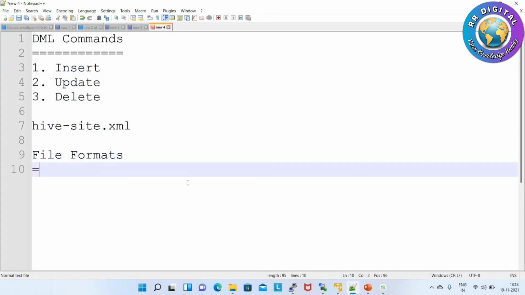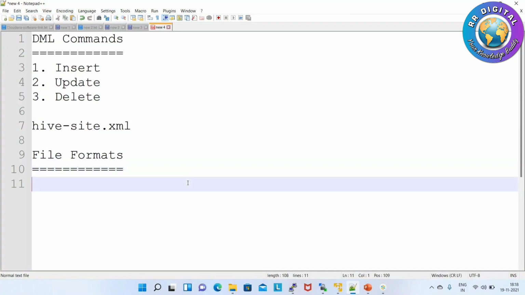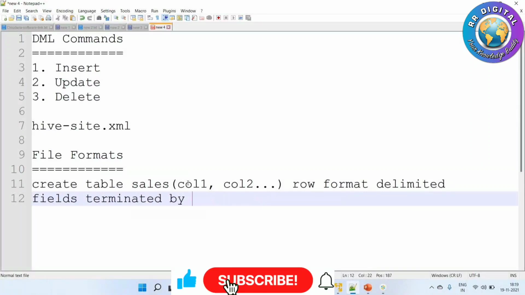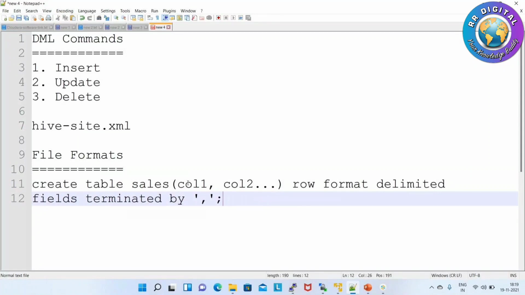Basically we'll create a table like this. Create a table, table name, and then column 1, column 2, like this, n number of columns. After that, row format delimited fields terminated by, maybe comma.